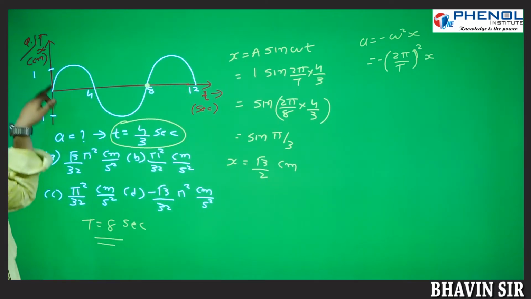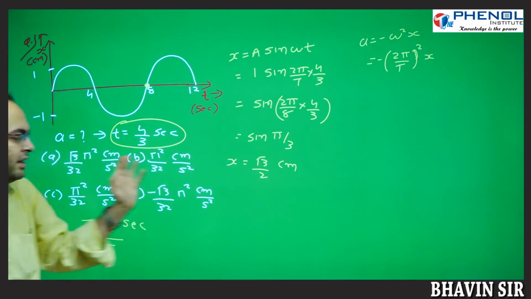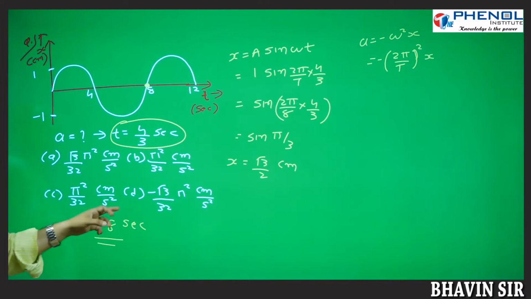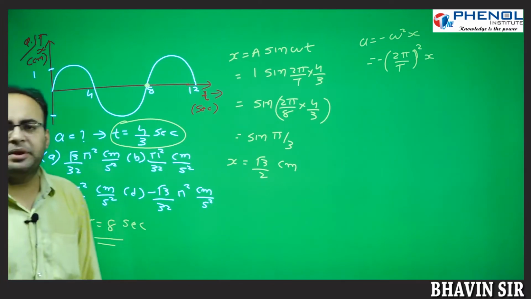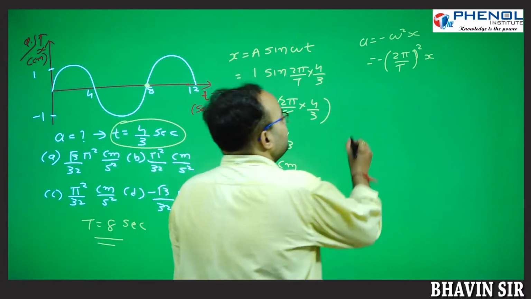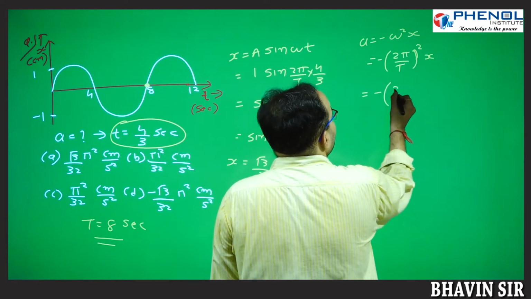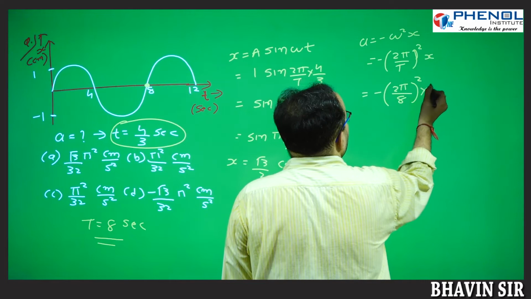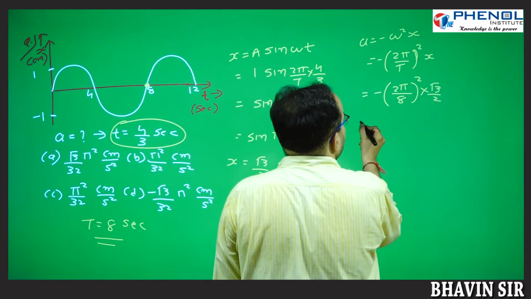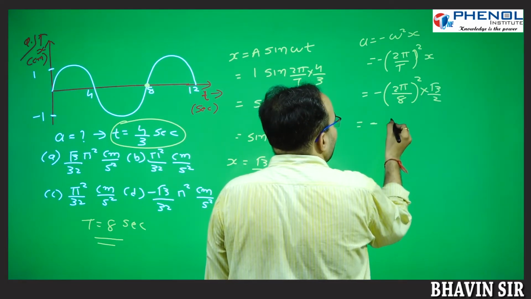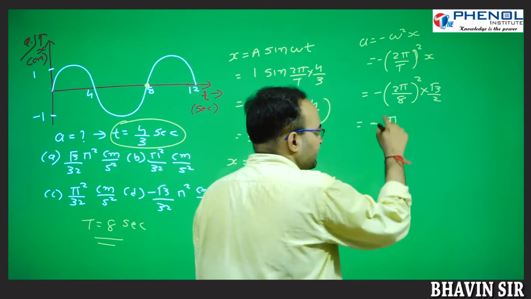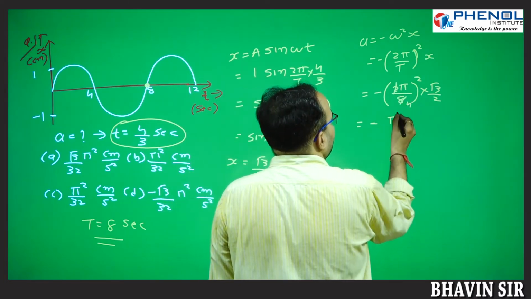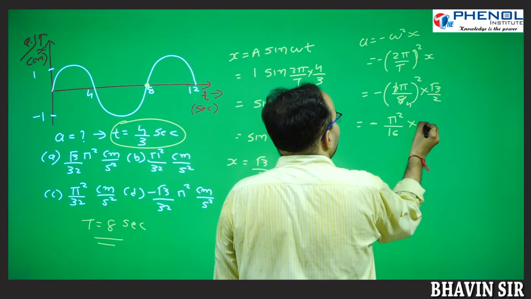So √3 by 2 centimeter. See students, x is in centimeter and there is no need to convert centimeter into meter, because acceleration is in terms of centimeter per second square. Chalo, so what is the final answer? What is the time period? 8 seconds. So omega is pi by 4,